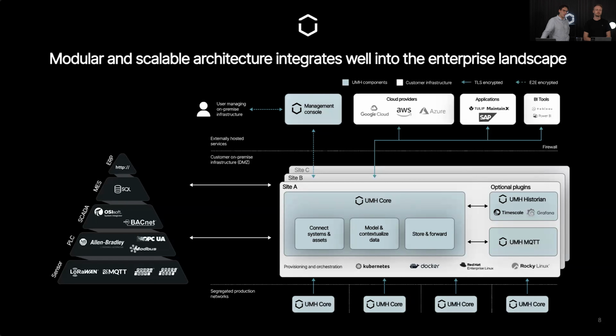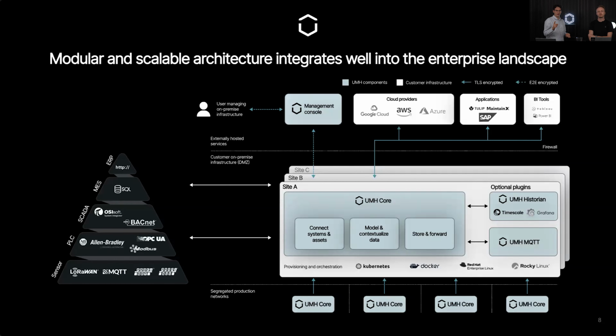It's also like the UMH Cores that you see at the bottom. We often see, specifically in higher secure networks, that you have segments which you need to cross. So you have specific parts of the production even encapsulated in an additional network, which now needs an additional piece of software to push the data out, because you cannot come top down from the network perspective. You need to push it out, which we would back then mostly do either via a UMH Classic deployment on an edge device, but it needed to be a little bit more powerful, so 4 core 16 gigabytes, or use Bentos as a single container to push the data out. But then you don't have this fault tolerance, you don't have the buffering, etc.